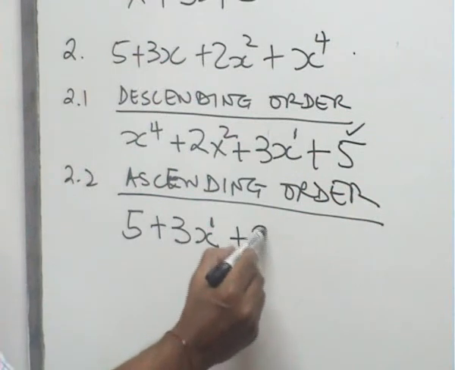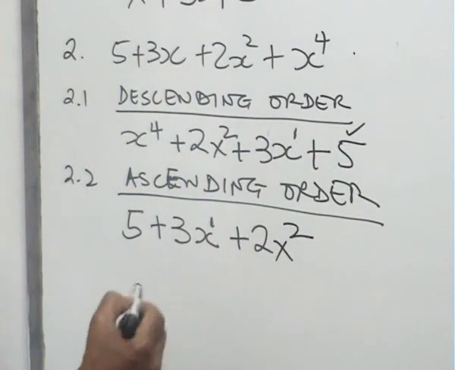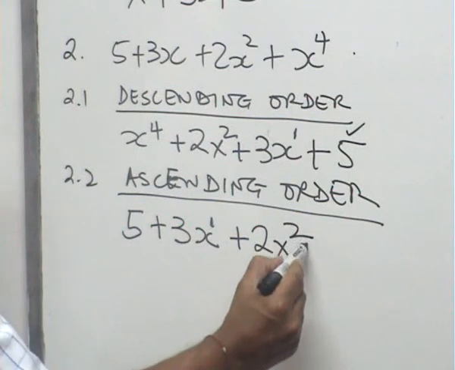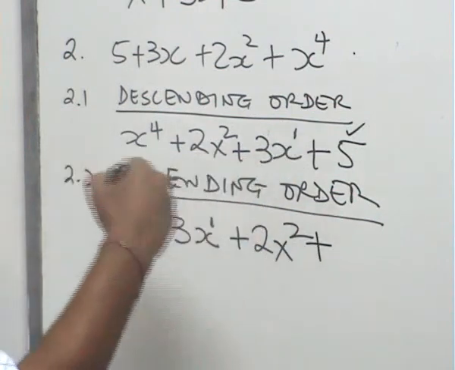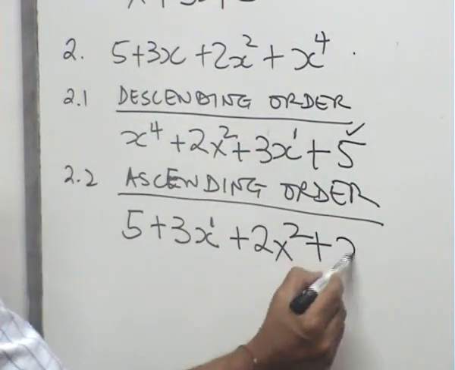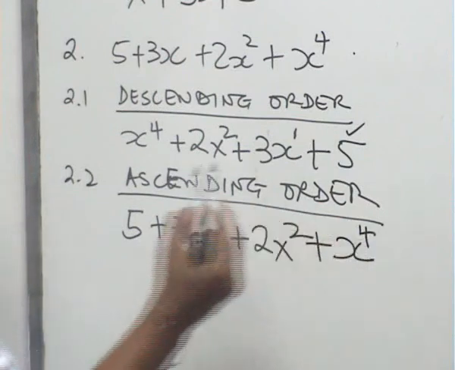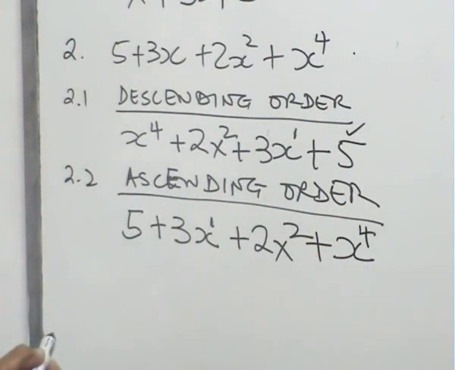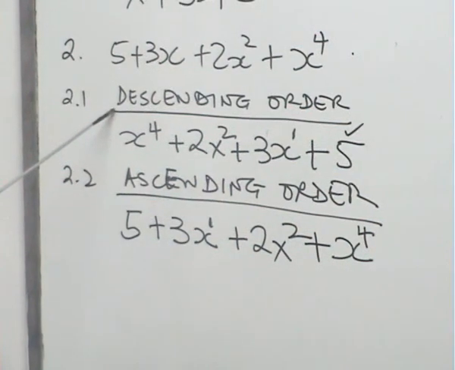Then you move up plus 2x squared. Then you're looking for x to the 3. You haven't got it here, so don't worry about that. Move on to the next one, which is x to the 4. So that's arranging expressions in ascending or descending order. Right? And like I told you, most of the time in maths, we are going to be arranging